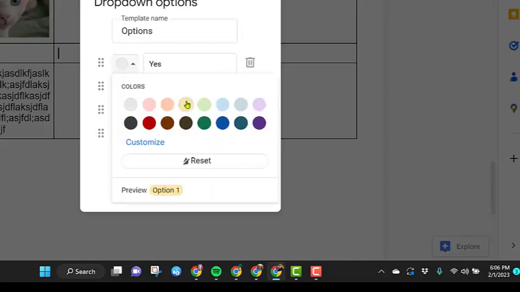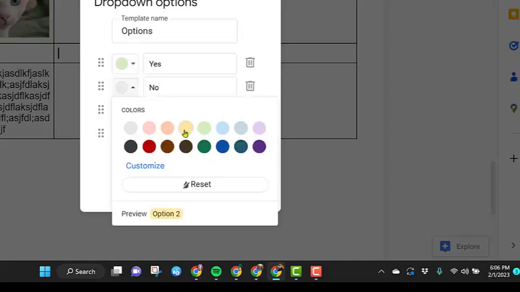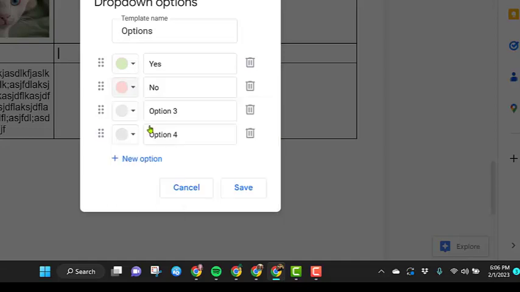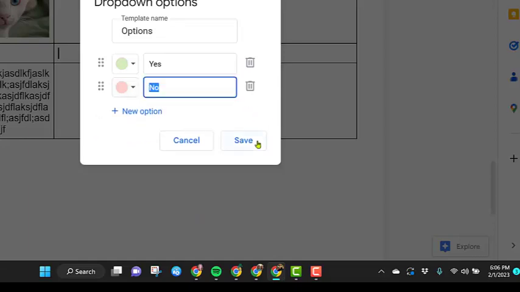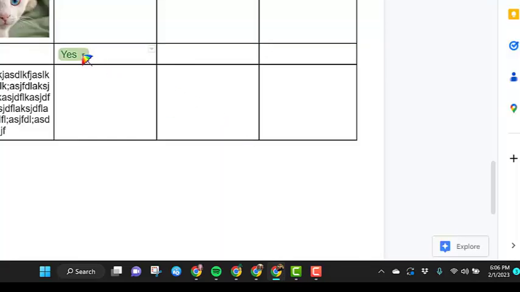Then I'm going to go ahead and make yes green. Red will be kind of off pink. I don't need these other options, but notice I can even click here and add more than 4 options, but I'm going to delete those because I don't need them. If I want to change the order, I just left click and drag on these dots over here to the left. Once I'm done, I click Save,